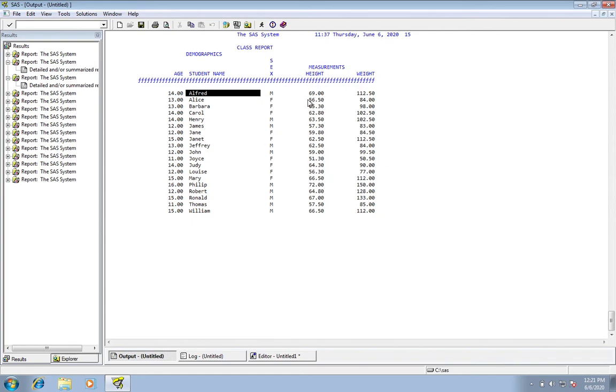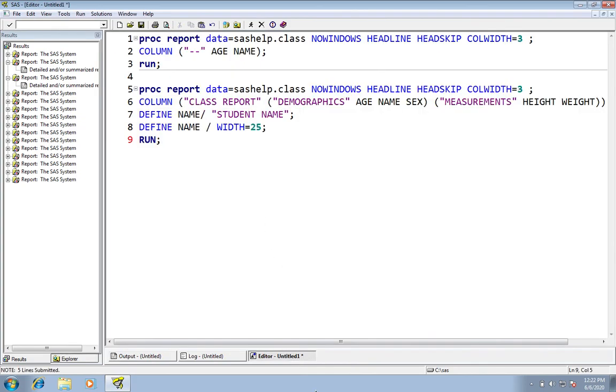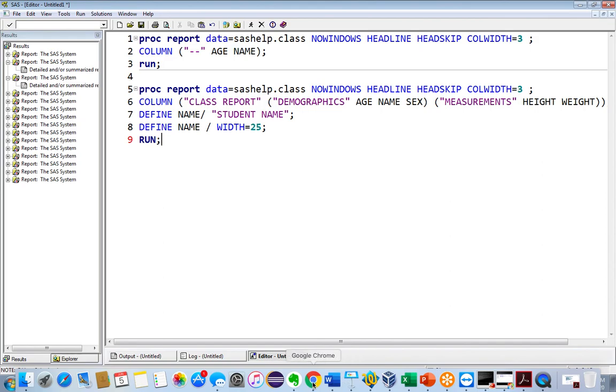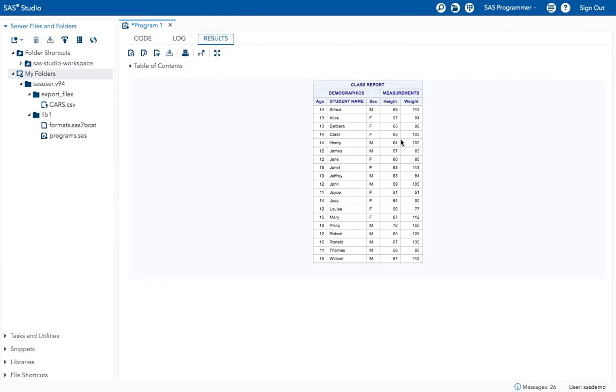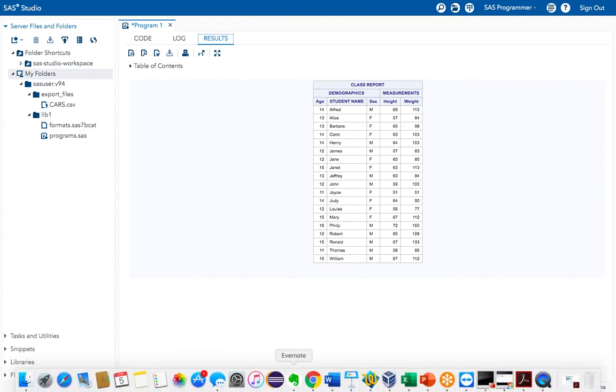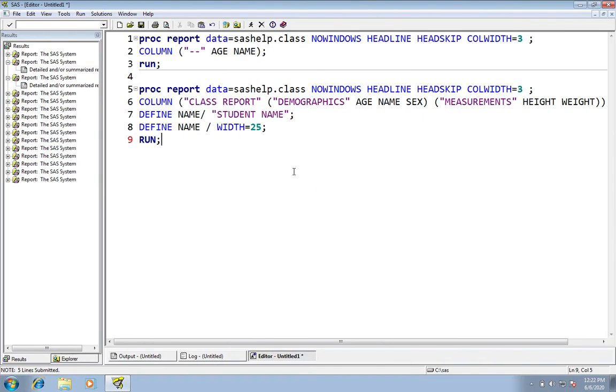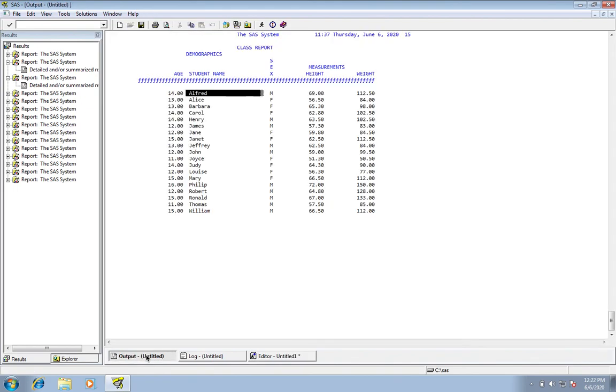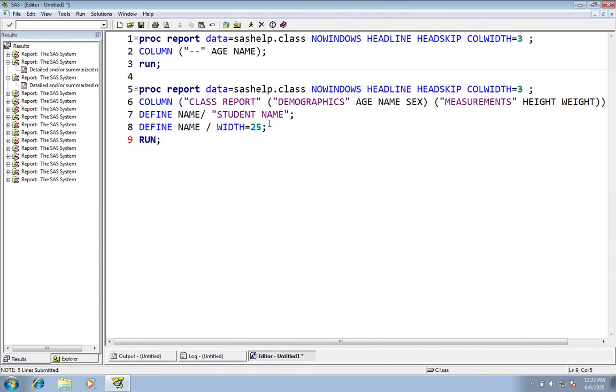If you want to format your values, you can use the format option. For example, see in the new version how it is looking, it is not showing any decimal values. When it comes to the older version, it is showing the decimal values.